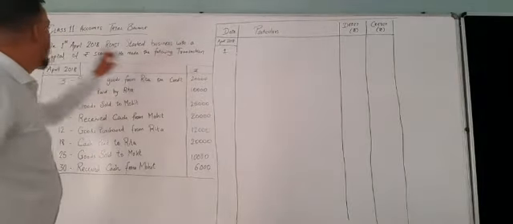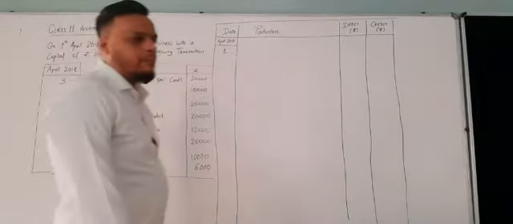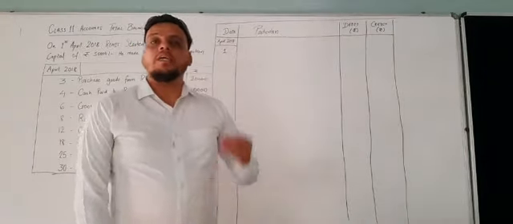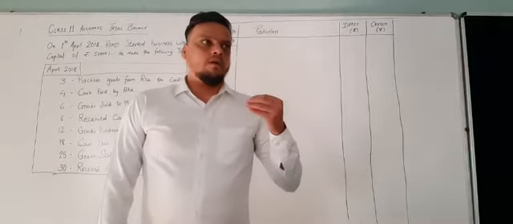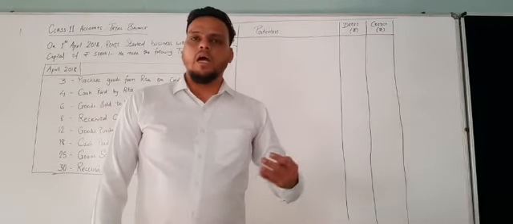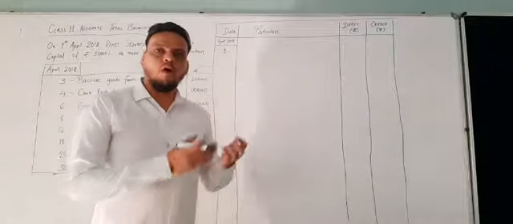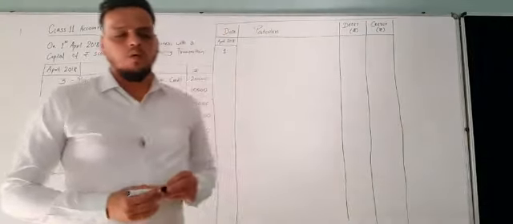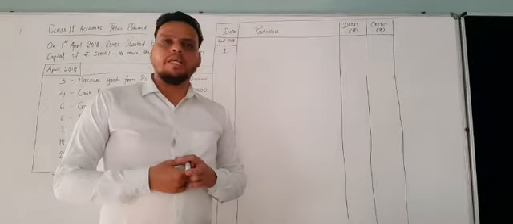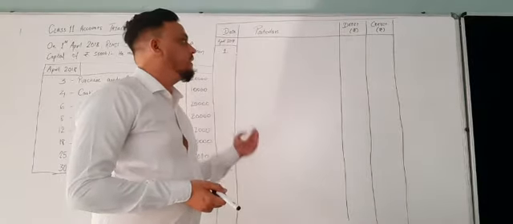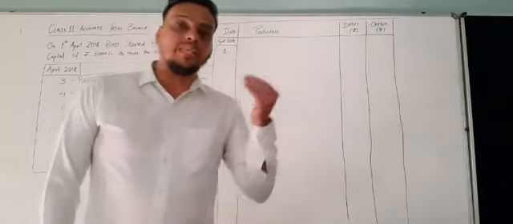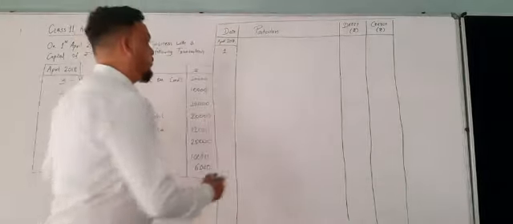The first entry says that Rohit started business with capital. Capital has been introduced in the business, that means it is credit. If you go with the real account, it says debit what comes in, credit what goes out. So here you have to make sure that capital has been introduced, in the sense that cash comes in. So you have to write the first entry.